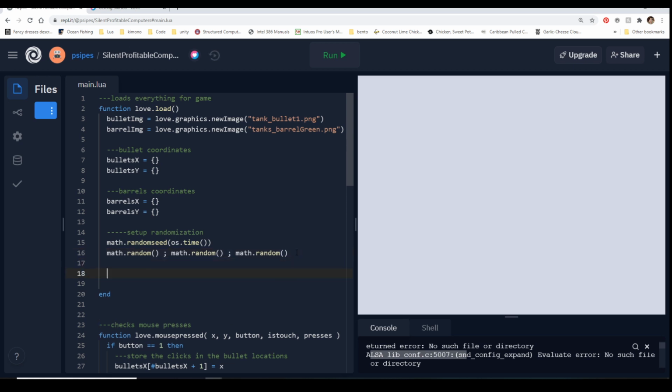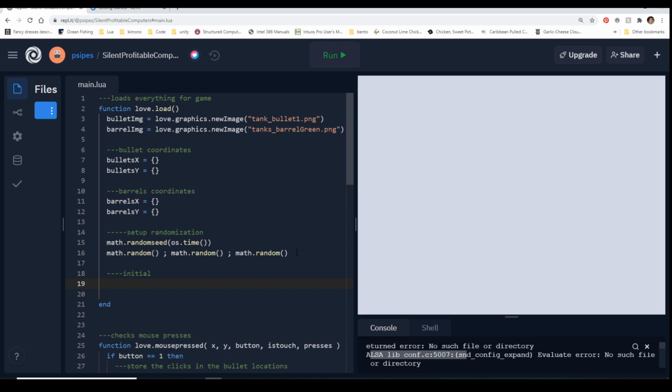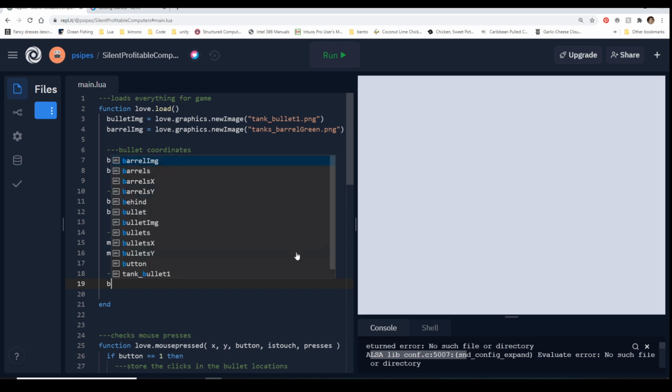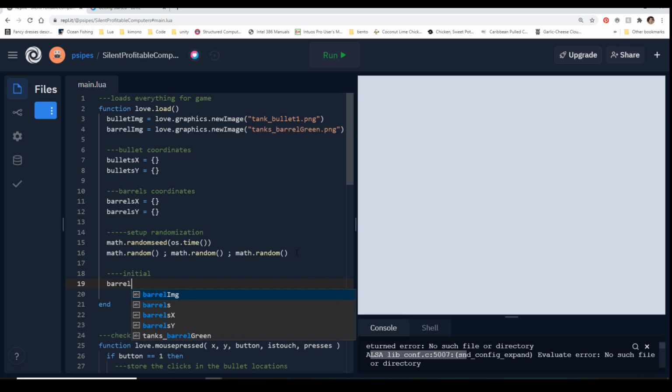So now that we have that, we can start setting up where the X and the Y for our barrel are going to be. In this case, for the first one, we're going to have an initial barrel that loads up for a while, and then we'll eventually go back and make multiple barrels that are doing multiple things. So this is placeholder code right now, but eventually this is what everything's going to be built off of. We're going to code it the way that we've been talking about it.